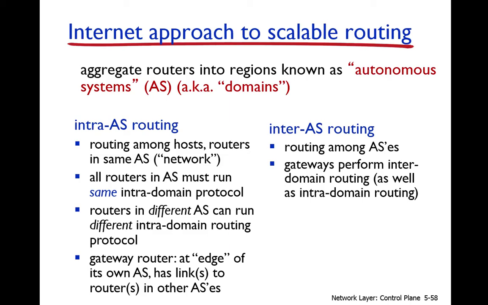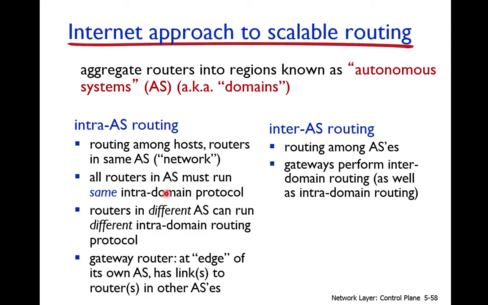One is called intra-autonomous system routing. It is basically routing among hosts or routers in the same autonomous system, that is within the same network. So all routers in an autonomous system must run the same intra-autonomous system routing